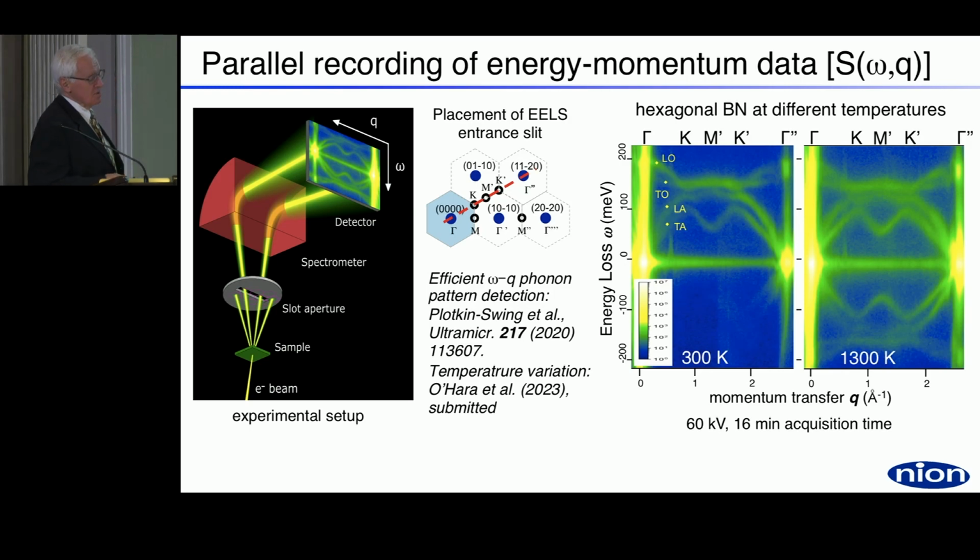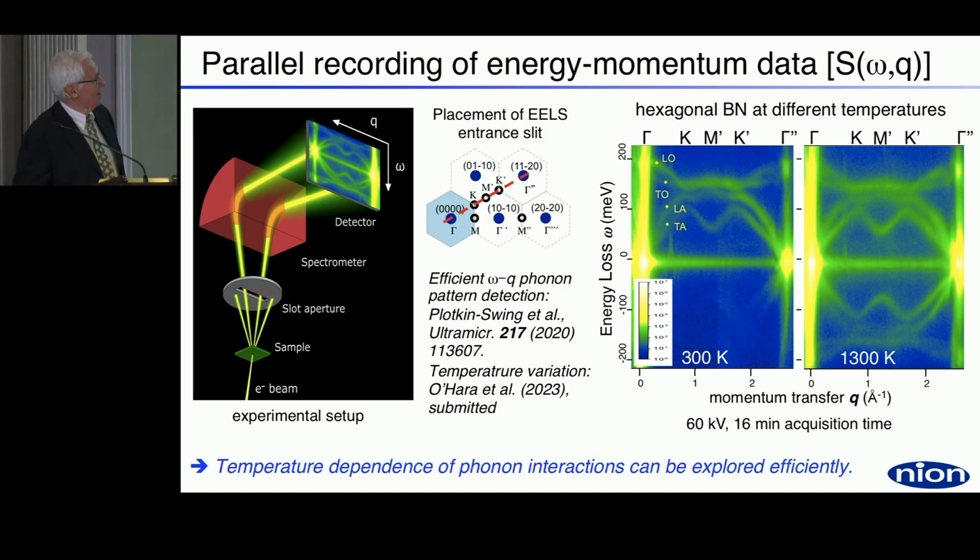Even though it should be symmetric, turns out the theorists don't actually have the right model. So for once, the experimentalists are ahead of the theory, and theory is going to have to catch up. So temperature dependence of phonons can be explored very efficiently, and we still keep something like 3 nanometer spatial resolution